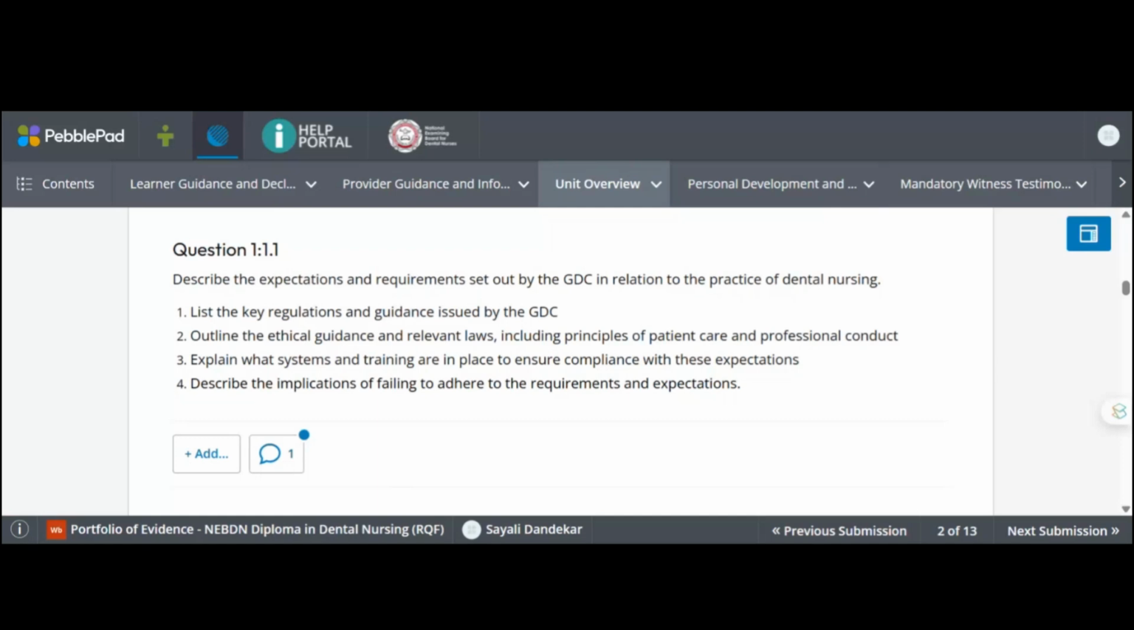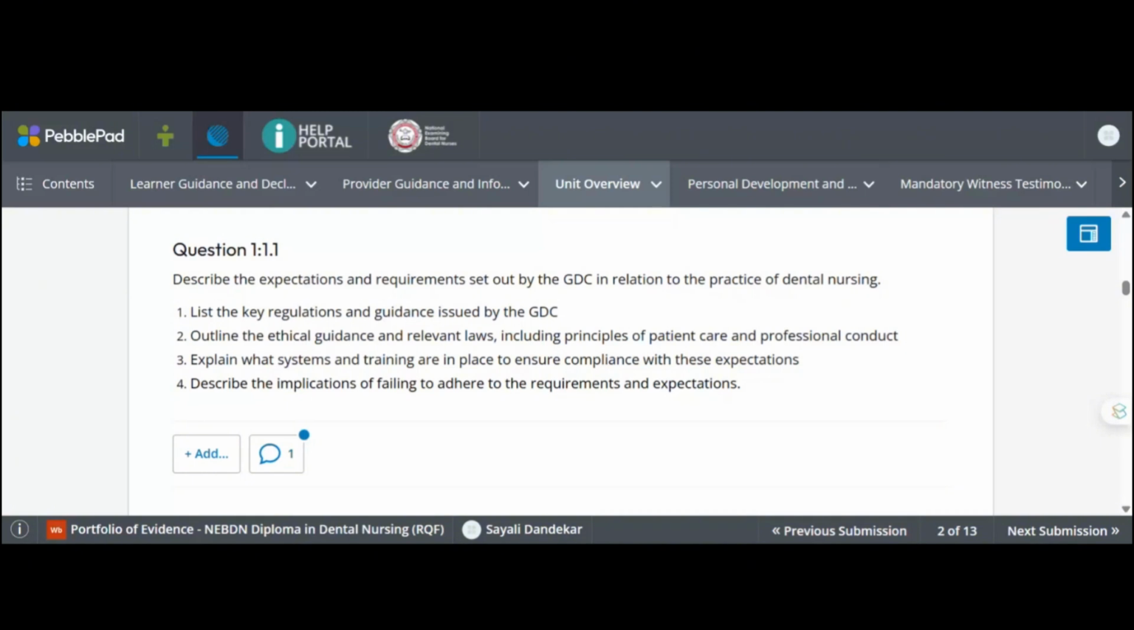the practice of dental nursing. This question requires 4 parts. You have to address each one. First one is to list the key regulations and guidance issued by the GDC. You have to mention the GDC guidance and whether it has any particular name or any particular date. After that, you have to outline the ethical guidance and relevant laws, including principles of patient care